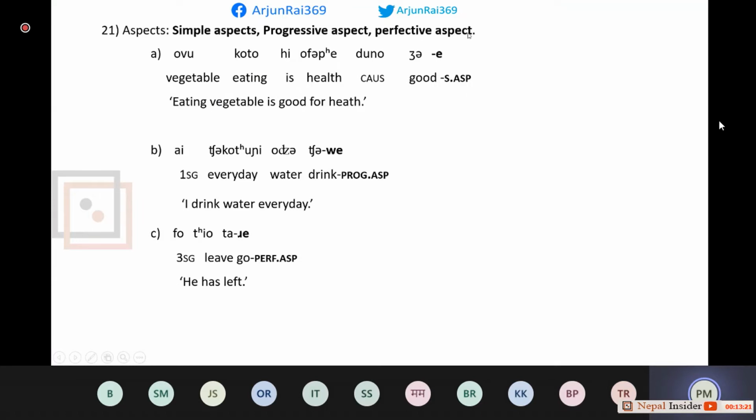Okay, aspect markers. Maola has simple aspect, progressive aspect, and perfective aspect. And here the simple aspect is marked by the